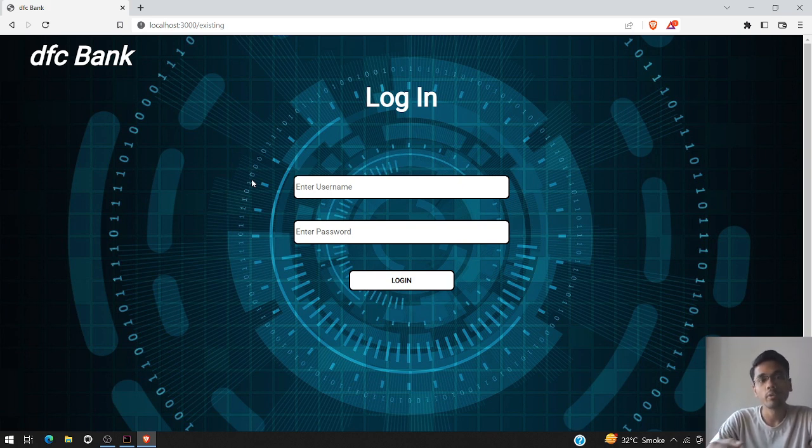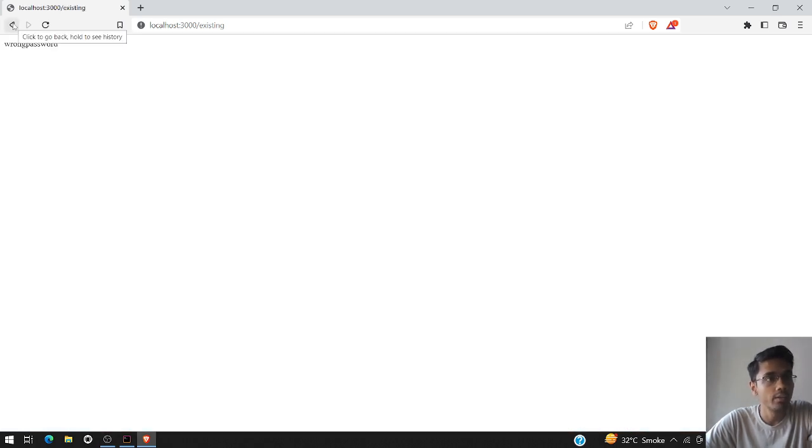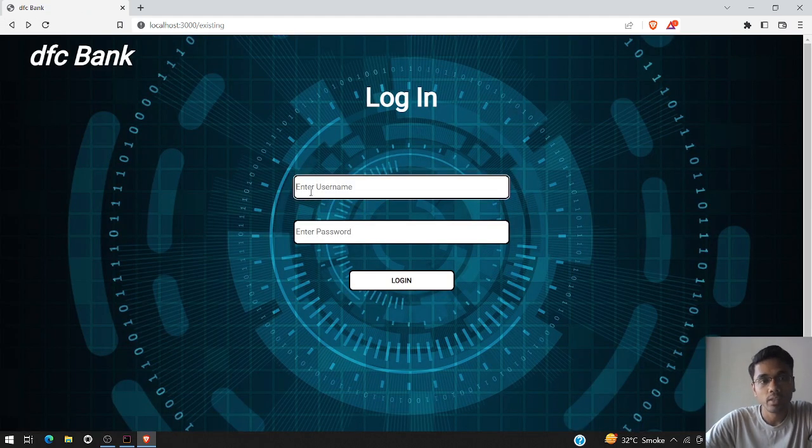Let's say I want to transfer $1,000 from Rochak's account to Rohan's account. First I need to log in to Rochak's account, from where I can send money to Rohan's account. Let's log in to my account. The reason I didn't hide the password is that I wanted to show the validation check. Here I put the wrong password. The password was 1234, so it won't allow us to log in to my account unless we give the right password.